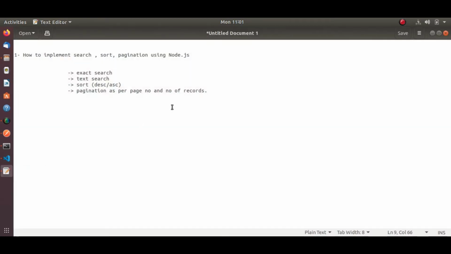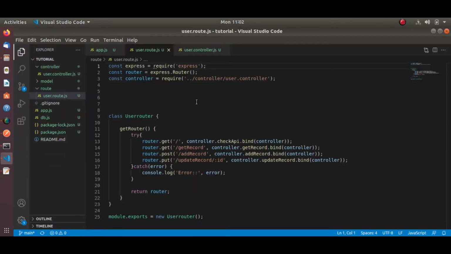Before that, let me show you we can implement two kinds of search functionality. Let's go for the search first. We can do the exact match. Let's say we are searching the name from the database. So we can put one name, we can do the exact match. That is one part. Another part is text search, like Google. If you have seen in Google, when we are typing something, the auto suggestion part is coming, the relevant result from the database is fetching. So both kinds of search today we are going to implement, and I will show you how we can achieve this in an easy way. Okay, let me go to my editor window.